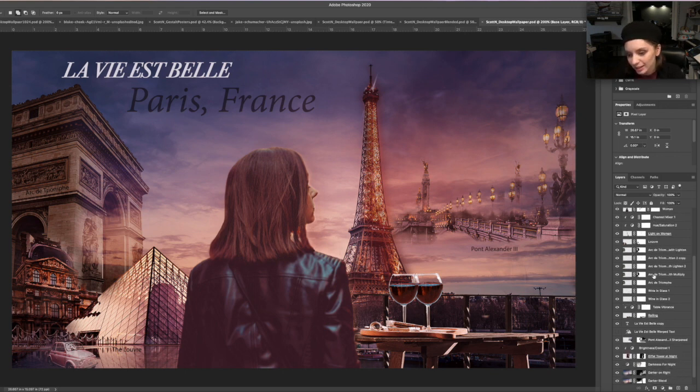But as you can see, I used a lot of different layers. For the Arc de Triomphe, I have the initial layer, but then I erased part of that, and then I would keep adding layers with different blending modes. Like this one is with the multiply blending mode, and it just adds a little bit of depth right here. And then I had a couple different lighting